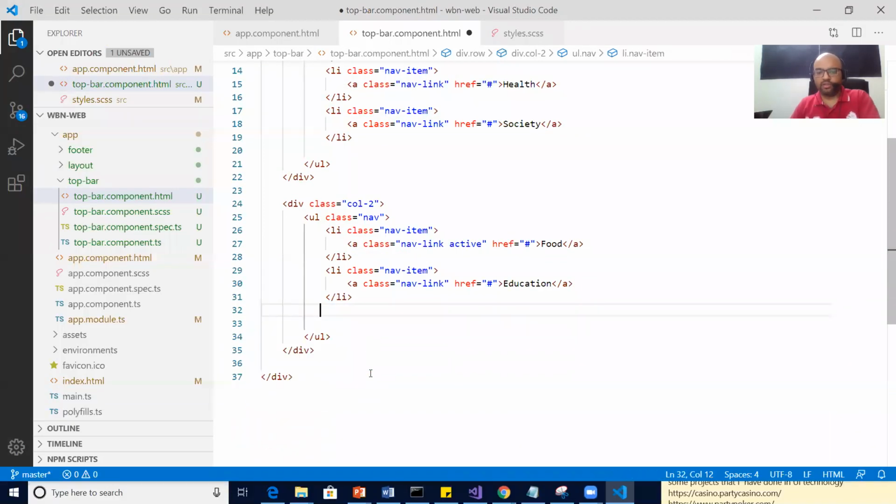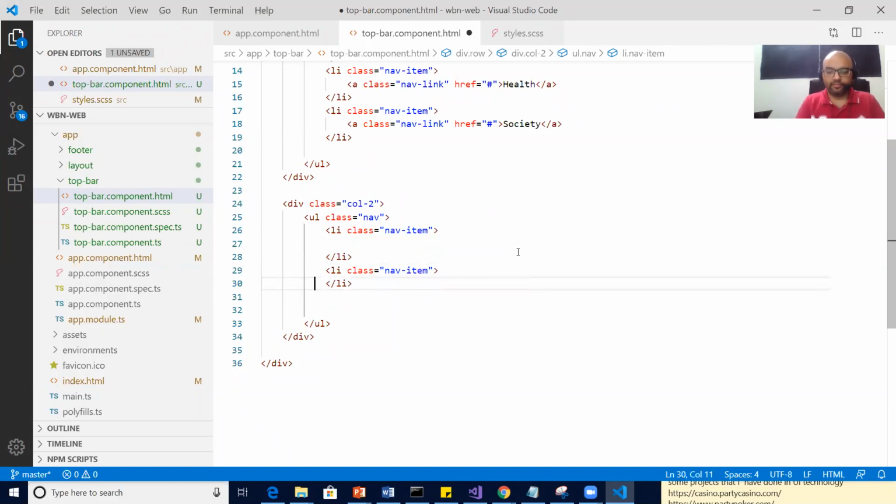And I'll show you the magic. So instead of the nav class, what we'll do is we'll make this one a button. Okay, so I'll show you how we can add a button or button classes.